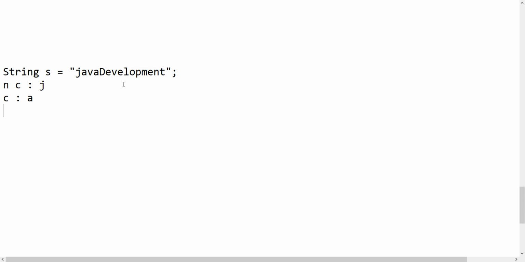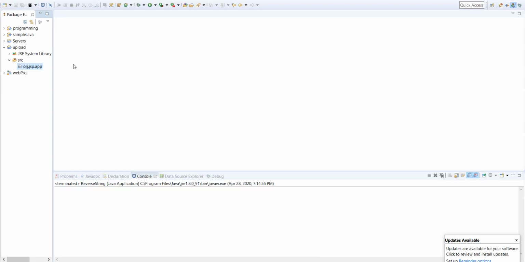To get the occurrence of a character, based on the occurrence we can tell whether it is the first repeating or non-repeating. So the first such character I will print, and later I will break the loop. That is the idea. Let us write the logic. I am going to write in Eclipse. So in Eclipse, let us create one class here.